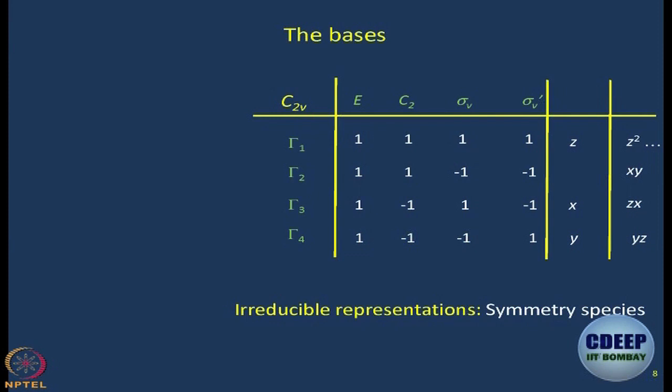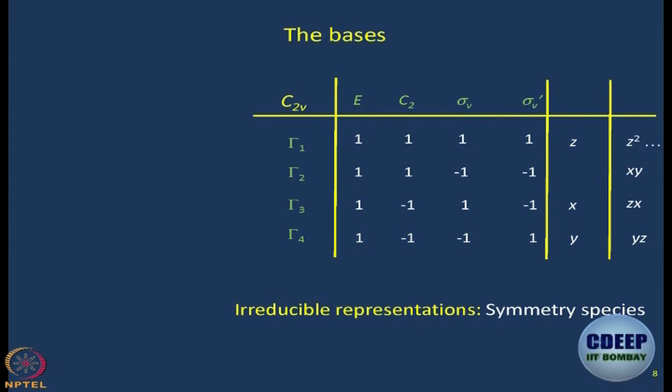If you can flip your notebook, you will be able to tell me where z belongs, where x belongs, where y belongs. And I think Jaydeep has already told us that z belongs to the top, totally symmetric representation. At least for the C2V, it is totally symmetric. This is where z belongs. Where does x belong? Gamma 2, gamma 3 or gamma 4? Gamma 3? Yes. And where does y belong? Gamma 4. Okay. Nothing belongs to gamma 2 yet. There will be something that will belong to gamma 2.